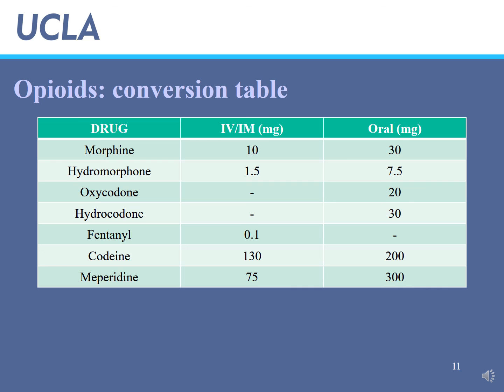Now here is a conversion table of those different opioid analgesics. Very important not to give the same dose when you convert your patient from the IV to the oral, because the opioid analgesic has a high first pass effect, so you have a higher oral dose compared to the IV dose. So always make sure that when you convert your patient from the IV to the oral, that it is not the same dose. You want to double check on that. I'm not asking you to know the oral conversion, but I want you to be aware that the IV and the parenteral dose is lower than your oral